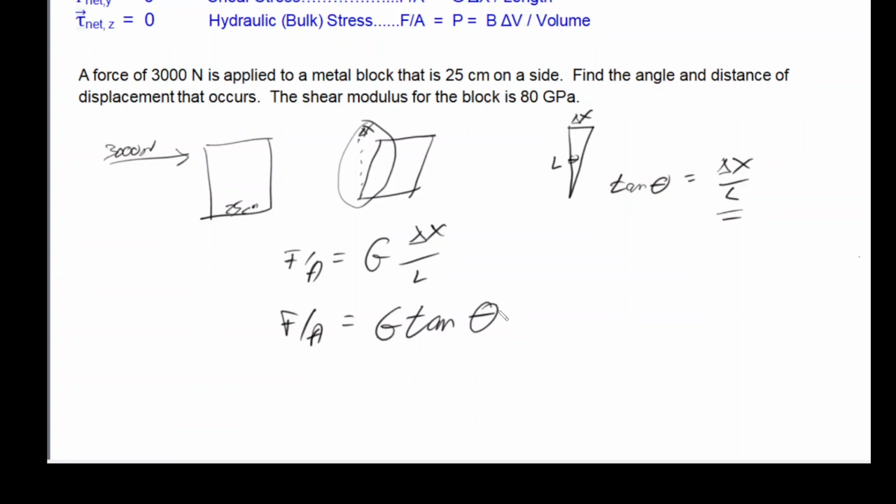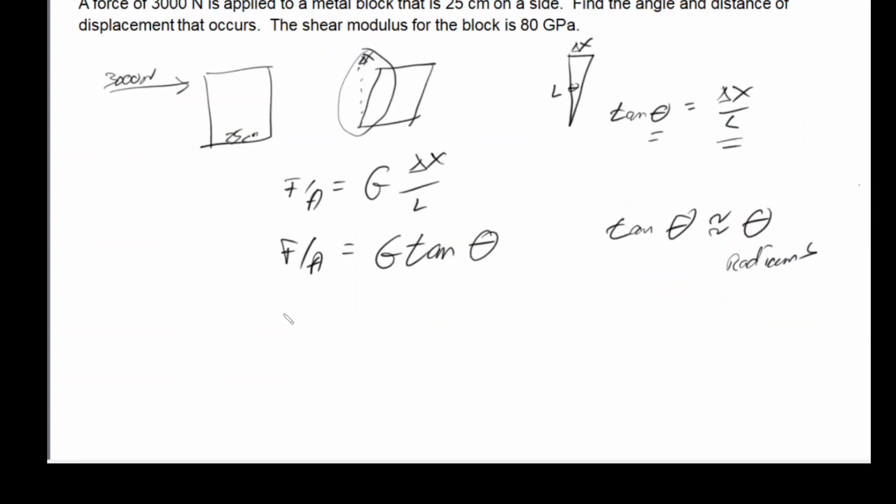And as also discussed, for very, very small displacements and small angles, tan theta is approximately equal to theta in radians. So if we substitute that in this equation, we get F is equal to G theta